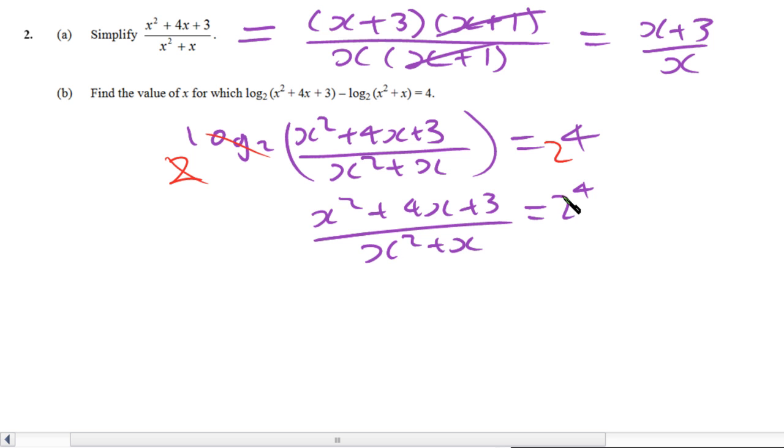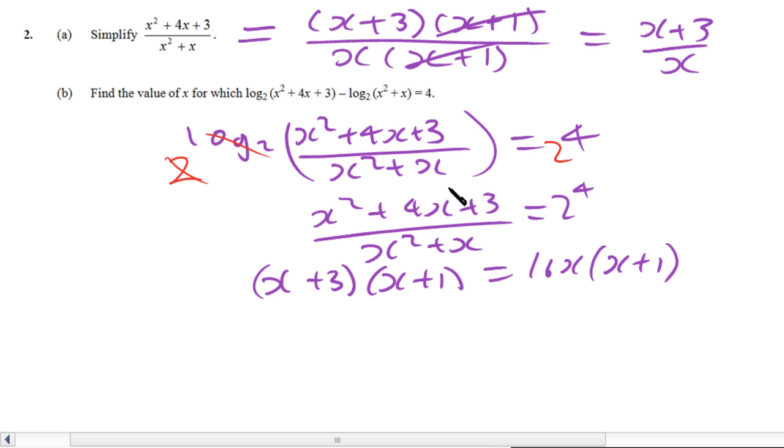Right, 2 to the 4 is 16. Let's multiply throughout by x squared plus x. We could simplify here, but we lose a factor, x plus 1. But let's just see what happens when we multiply throughout. We've got ourselves x plus 3 times x plus 1 on the top. Times this both sides, we get 16x times x plus 1. Useful to use this bit here, because now we can take it all onto the same side, and you've got x plus 3 times x plus 1 minus 16x times x plus 1